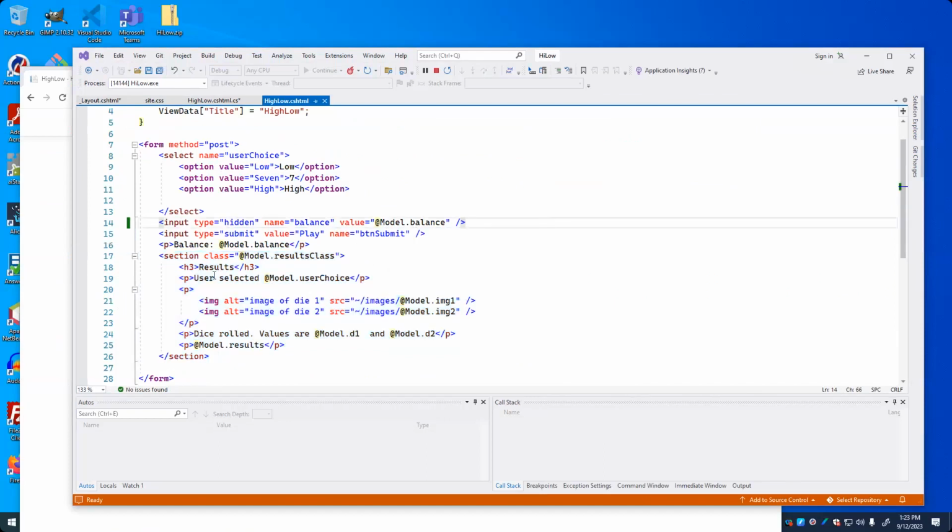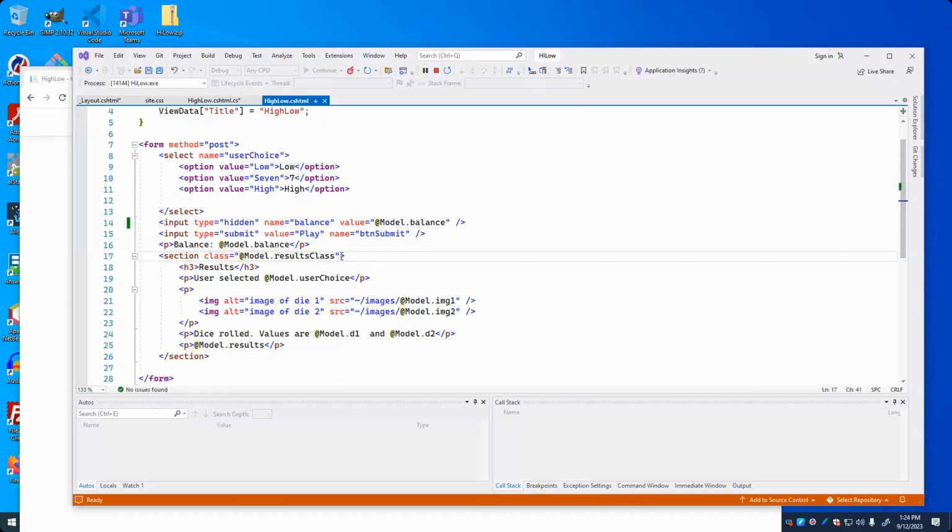Why do we do that? Well, because we don't have images yet. The dice haven't rolled yet. The user hasn't made a choice yet, so we're not going to have a user choice yet. We can't say if you won or lost because you haven't played yet. So therefore, we simply hide this. If we didn't hide this, what we'd get the first time we loaded the page would be a couple of broken image tags, and text that didn't have some of the blanks filled in. So because of that,